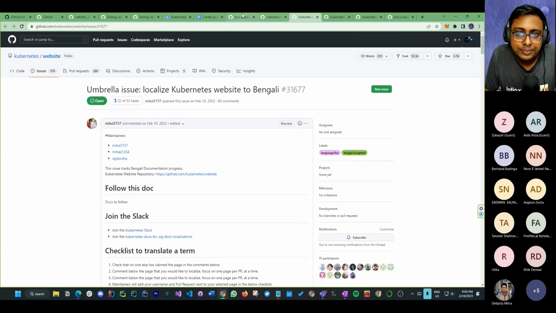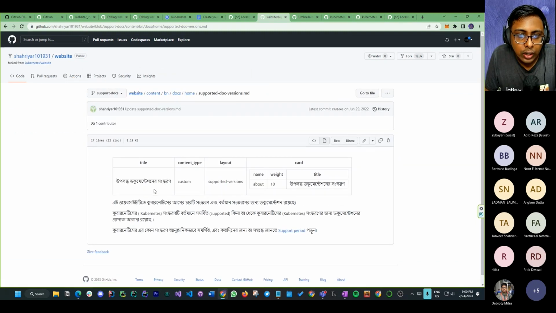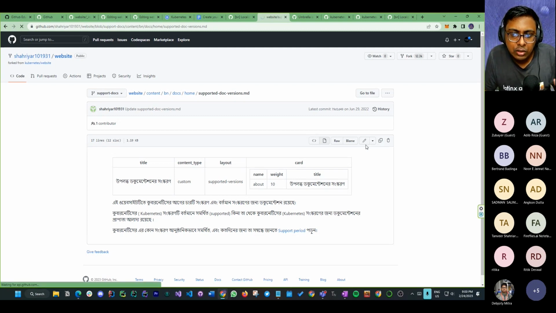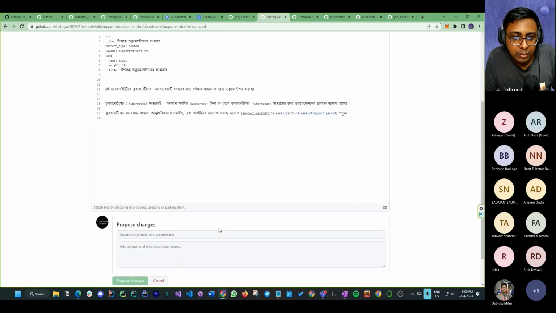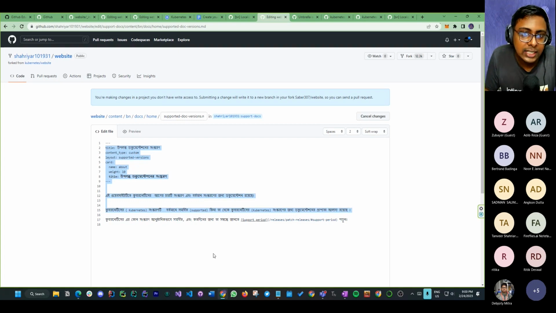Then what? Supported doc version.md. Yeah, this one, right? Okay, so this is what he has done. He created the whole file, then he gradually translated or localized the sentences, right? Then you can also go to the edit part. I cannot edit, because if I make any change, I have to create a PR and ask him to merge it to his file. But I can surely press that pencil button and just copy paste. Obviously you can do this to any file in publicly existing repositories, no issues.